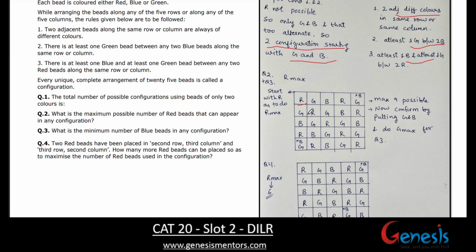So if this is R, then at least one G and at least one B, so this should be R, right? Then if this is R, this should be R. If this is R, again after two places, this will be R, right? Now in this row, in these two columns and in these two rows, no more R is possible. Now we'll talk about where R is not there. What about this row? Definitely in this row we have R. In this column, this row, we can possibly put R here. After 2 we can put R here, right?